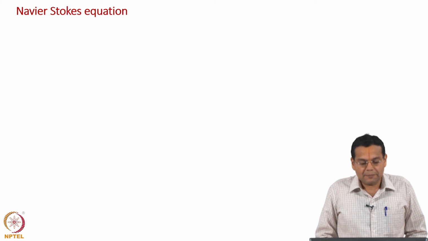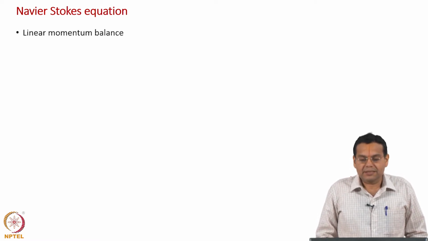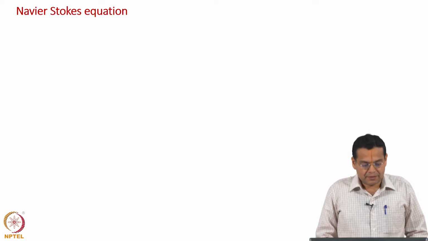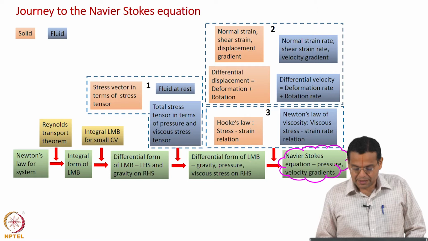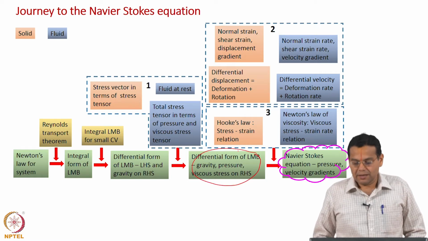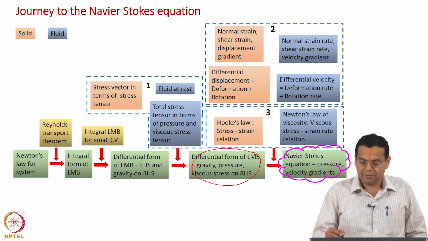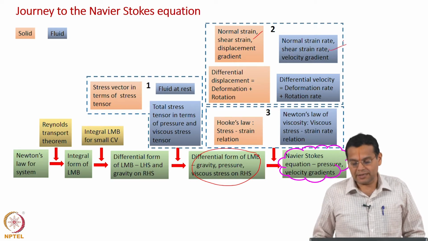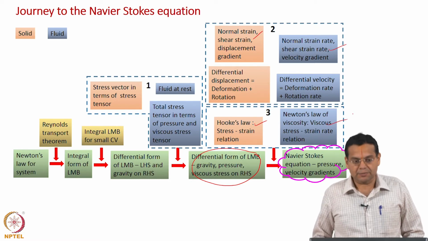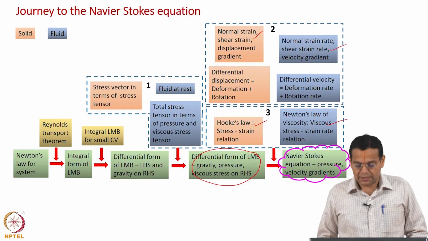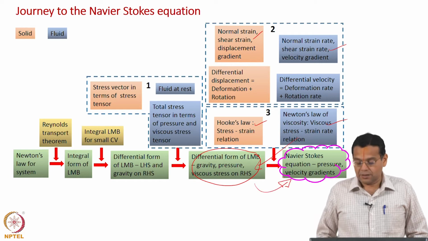What is the starting point? The starting point is the linear momentum balance equation. Just to recall, we were here for quite some time. And now what we needed was just a stress strain rate relationship. For that we went to solid mechanics, understood strain, came to fluid mechanics strain rate, went to solid mechanics, understood stress strain, came to fluid mechanics stress strain rate relationship. All this was done to express stress in terms of strain rate, and now that we have achieved that, we can substitute it here to get the Navier-Stokes equation.